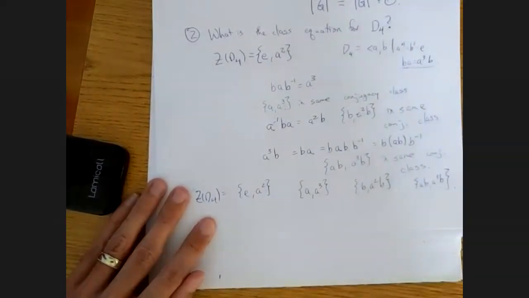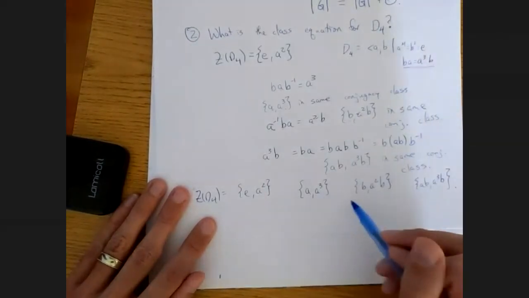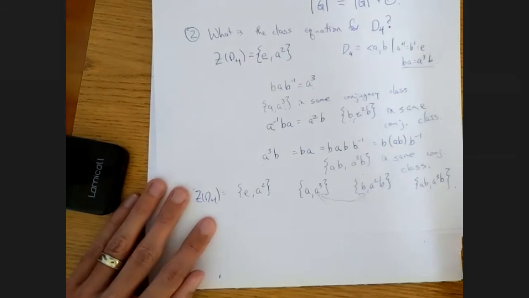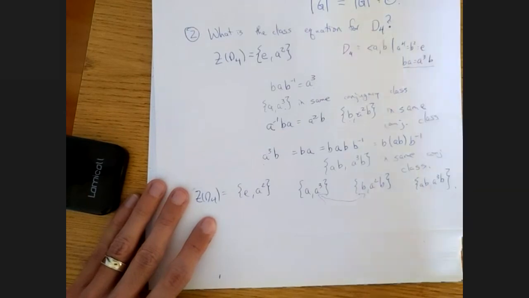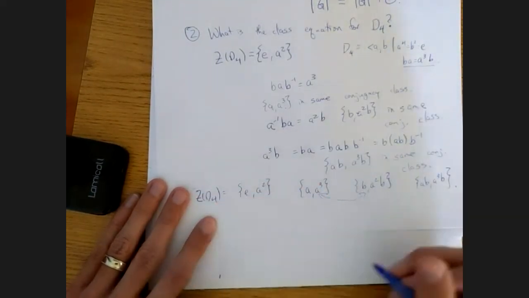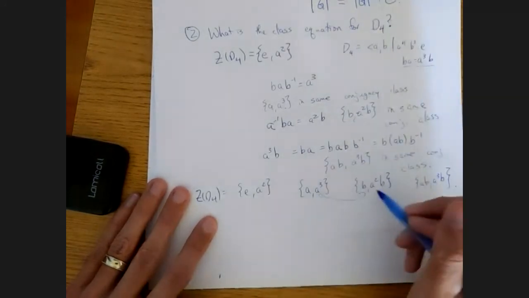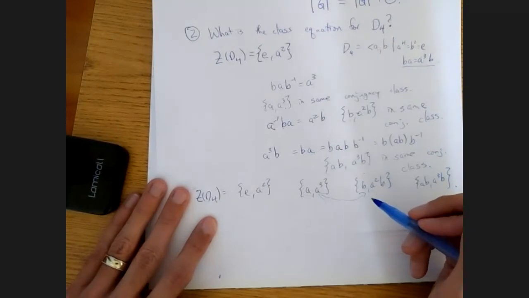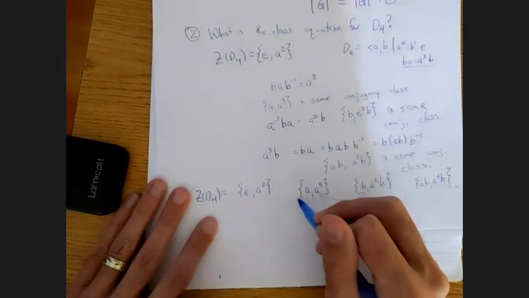What we really want to show is that these two don't join up. We need to show that A is not conjugate to B, for example. So one way to show that they don't join up is to show that the